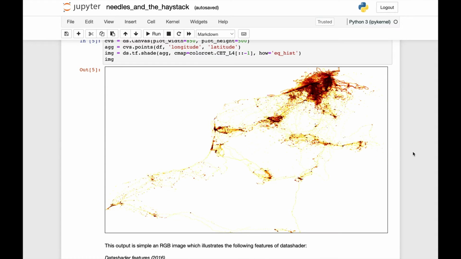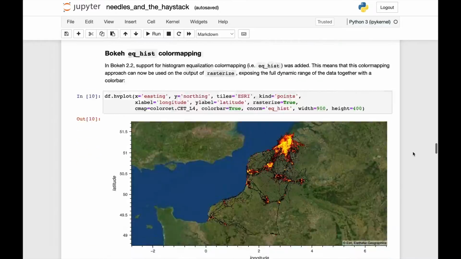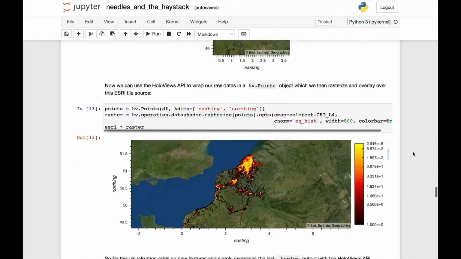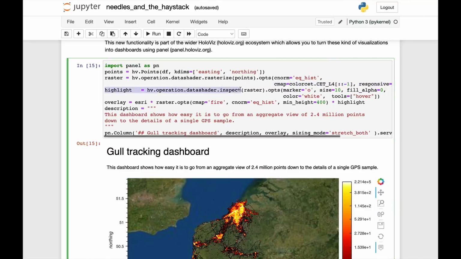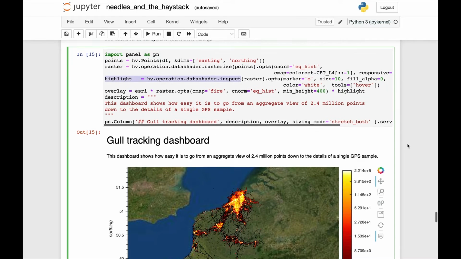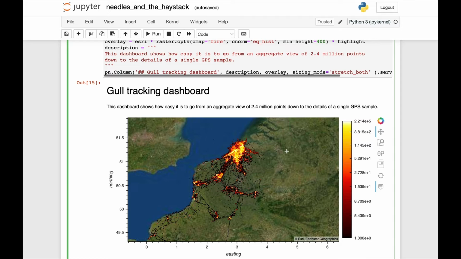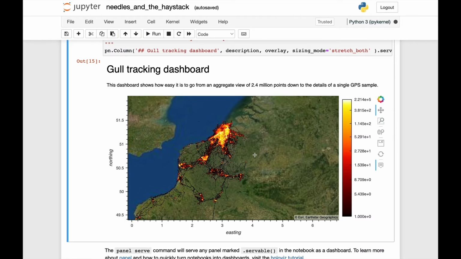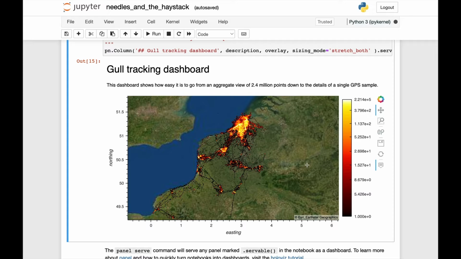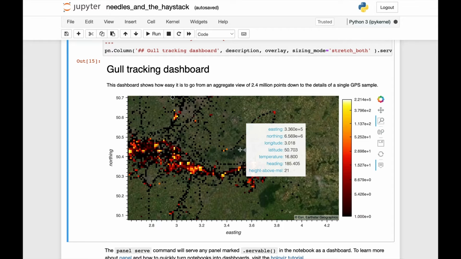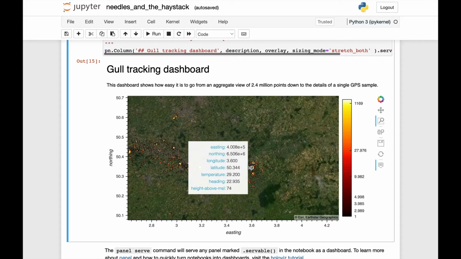Now, what Jean-Luc illustrated in his talk is that hvPlot has been expanded with a new feature, the inspect method. And this method allows you to create plots that basically check all the marks. They let you plot large million or billion data point datasets using the gradient method without sacrificing any of the other features. So you can pan this plot, you can zoom in to specific areas, and you can get information